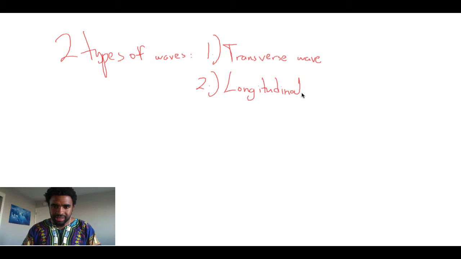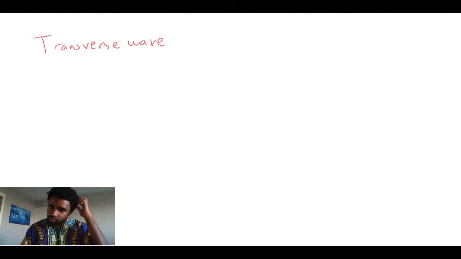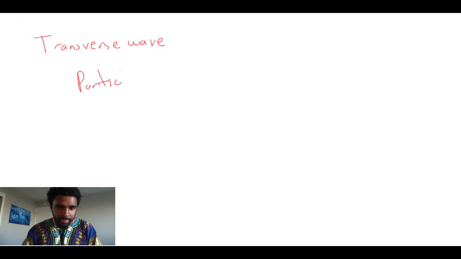Now, what exactly do these words mean? What does transverse mean, and what does longitudinal mean? So we will start with a transverse wave. Transverse wave. A transverse wave is a wave in which the particles are moving, the particles are oscillating, is the word for this, oscillating in a direction